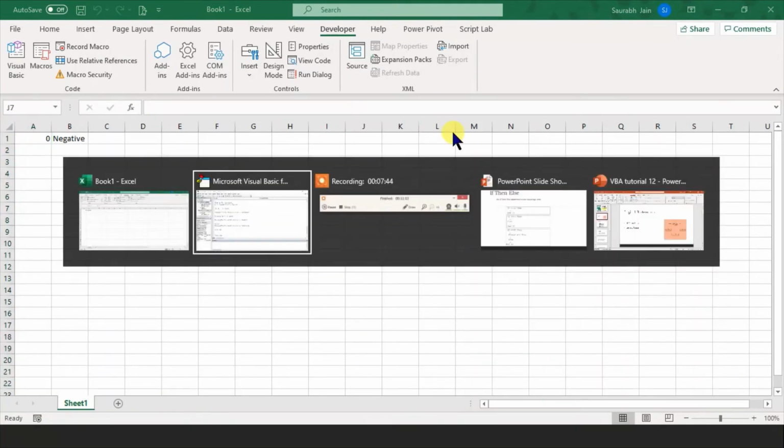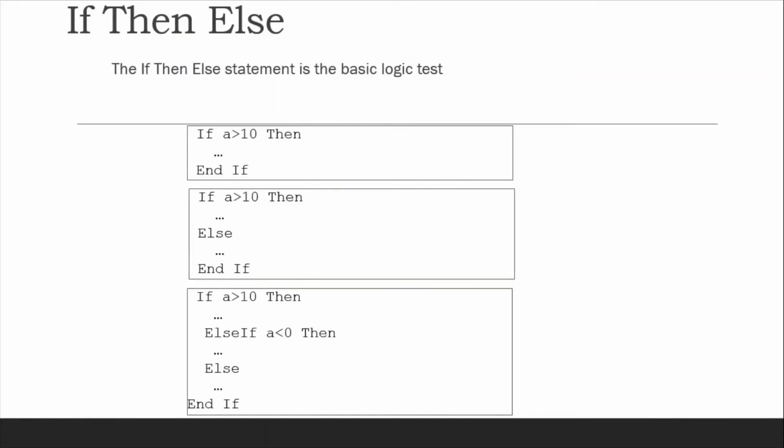Now let's move back to our presentation and try to understand. So we did if a is greater than 10, an if condition. If a is greater than 10, then this, else this, so one true or false. If a is greater than 10, then do this, else if again check, then do this, else in the last condition. So this is if then else. Fine. So this is the way if then else code is written. This is the basic if then else test. It depends on our case and scenarios what we'll be doing. So in coming programs, we'll be using some logics to do more exercises. Don't worry.